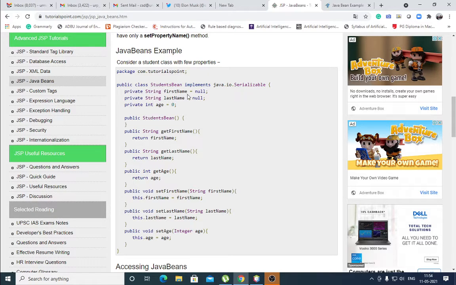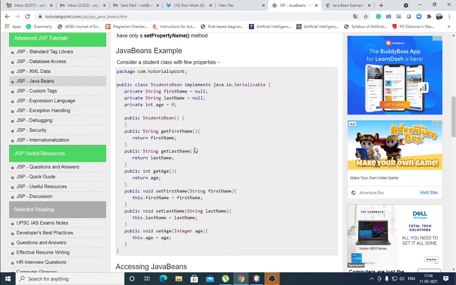Private String firstName, private String lastName. Three fields are there: first name, last name, and age. For this we first have to declare a no-argument constructor. The class name is StudentsBean, and the no-argument constructor is public StudentsBean.